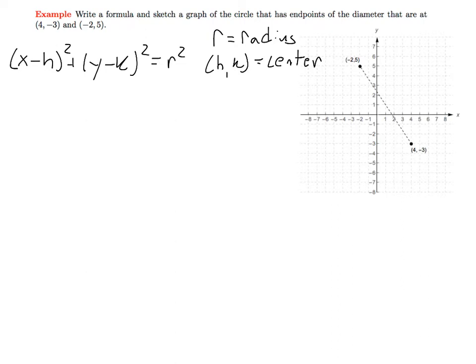So the first thing that we can observe is for the diameter, that equals 2 times the radius. So we can find the distance between the endpoints on the diameter. That's going to give us the value of the diameter, and then divide that by 2 to get the radius. So the diameter,